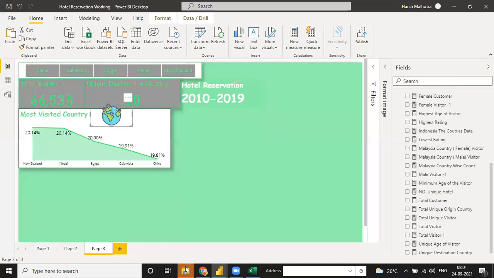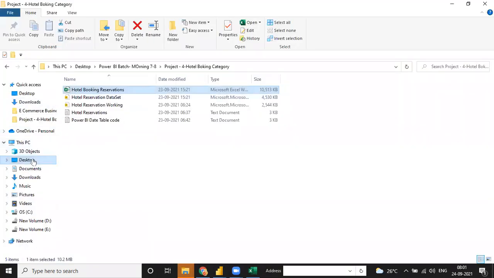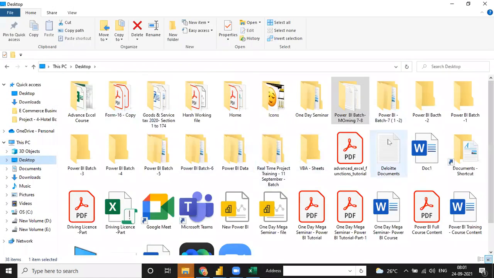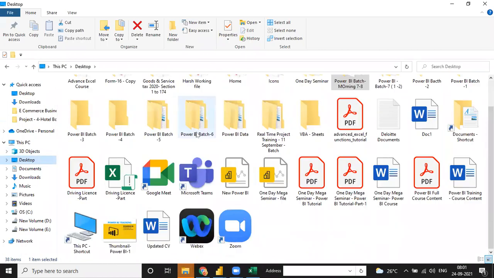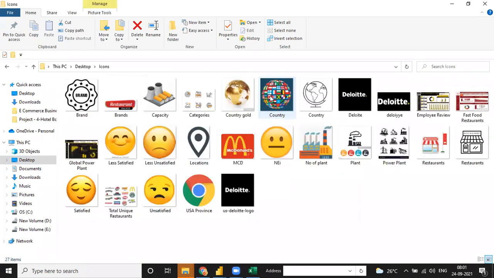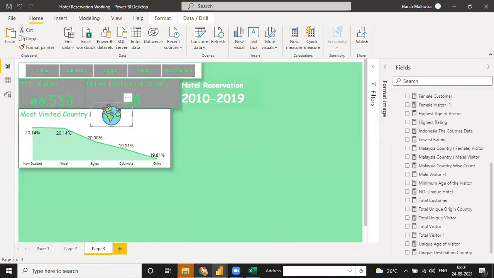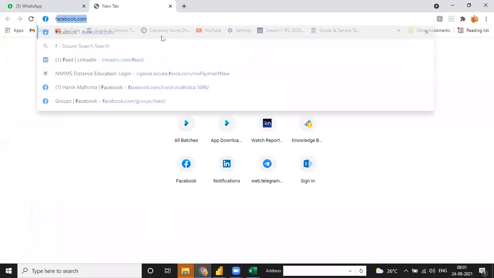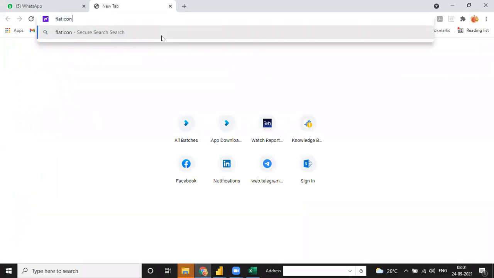Let me just check. Actually, I also have an icons tab here. See, this kind of icon I have. So I can just download from Google directly. You can also download from, like yesterday I told you, the Flaticon site.